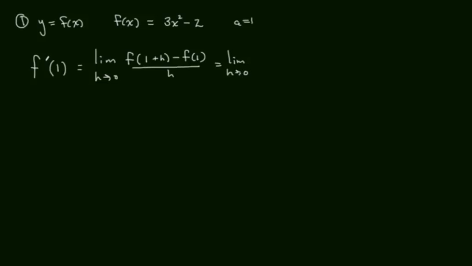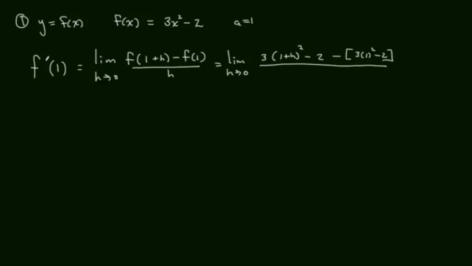Now I'm going to plug 1 plus h into the expression. So I have 3 times 1 plus h squared minus 2, and then f of 1 is 3 times 1 squared minus 2